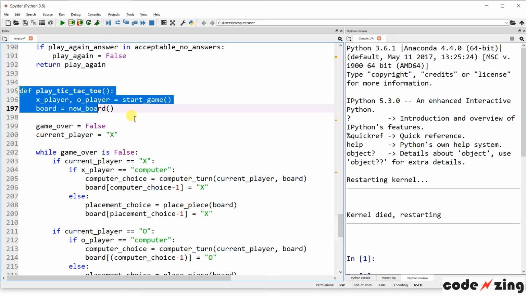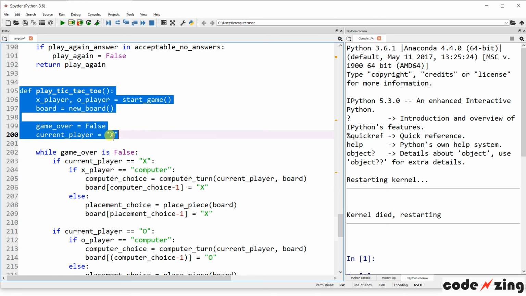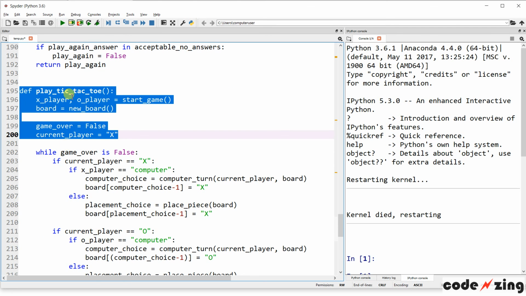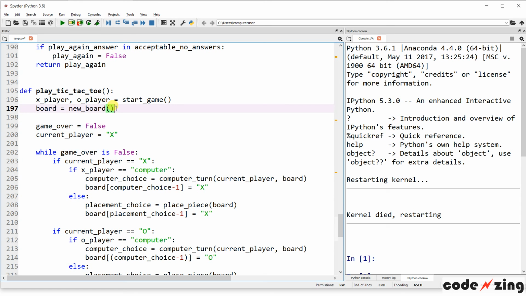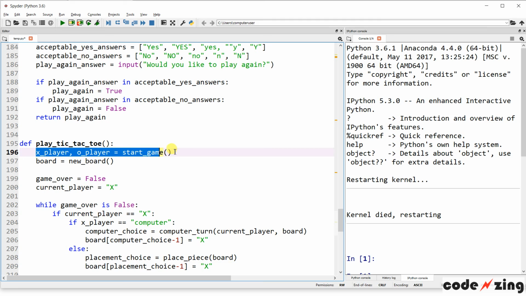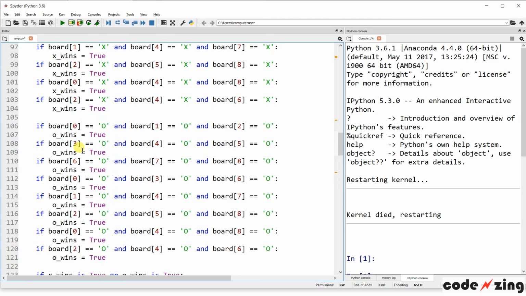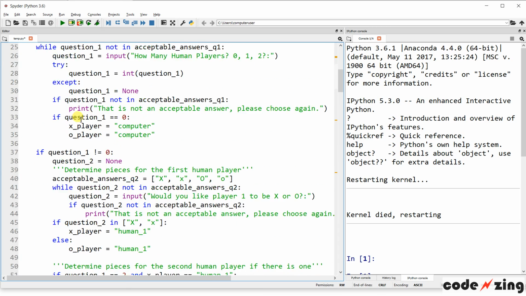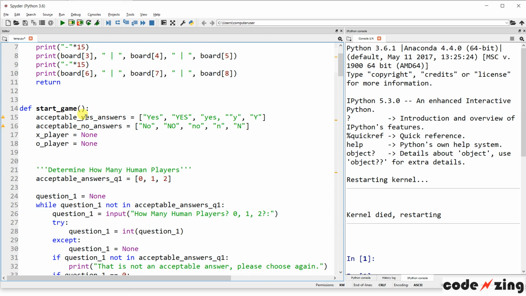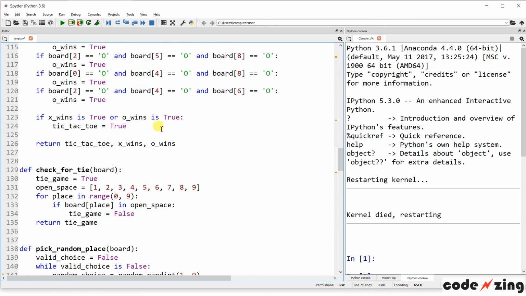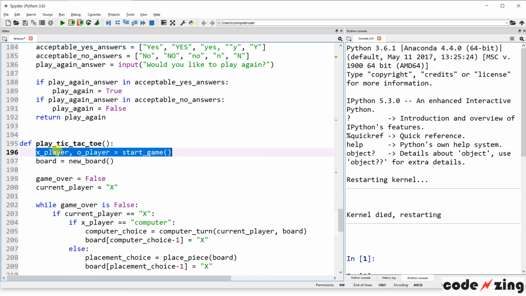And then here is the main body of the game, the play Tic Tac Toe function. You can see it's fairly long, but not nearly as long as it would have been if we didn't break the previous parts of the game into easier chunks. So this first part, start game, we had walked through before. Start game is just going to figure out which player is which. It figures out how many human players, how many computer players, and who is the X and who is the O. So we're going to start the game, then we're going to get a brand new board,